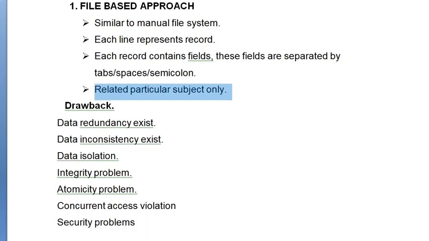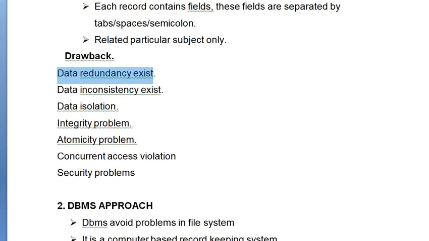Next, coming to the drawbacks of the file based system. First, data redundancy exists, meaning the same copy of the data is placed in different files in the file based system. That may occupy more memory, and it reduces the performance of the system. Next, data inconsistency exists. When data redundancy is available within a file based system, then automatically it displays wrong results or inconsistent